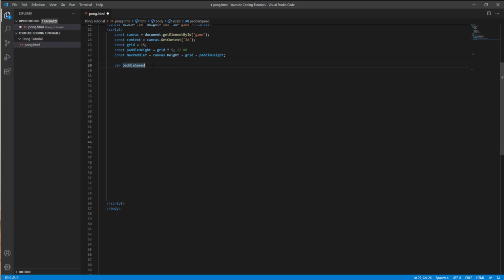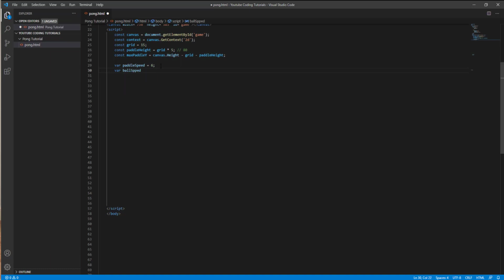And then we're going to go equals. I like my paddle speed set to 6. I don't know about you, but this var paddleSpeed is going to be how fast your paddles go up and down. So the paddles will move like this on 6, and then on 8 they'll move a little bit quicker. So I like 6, so we're going to go 6, and then